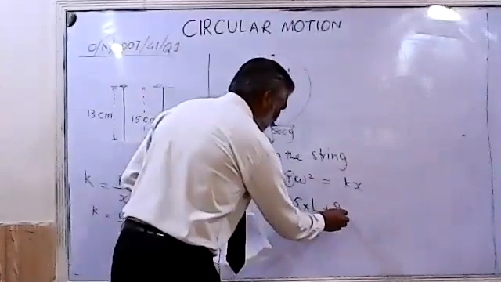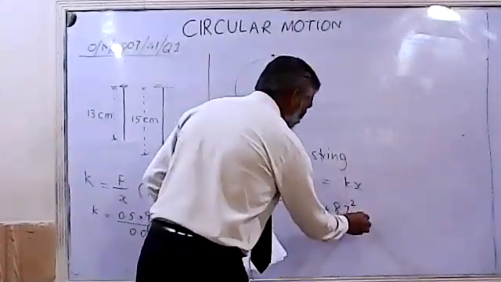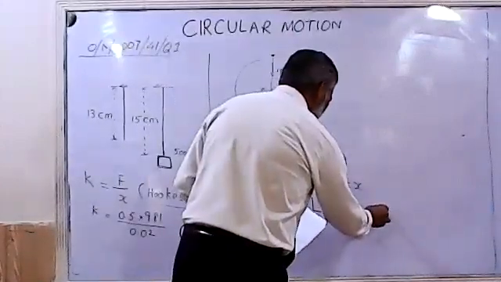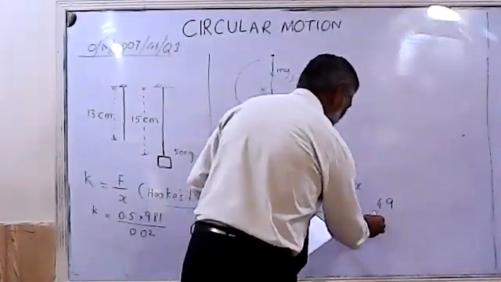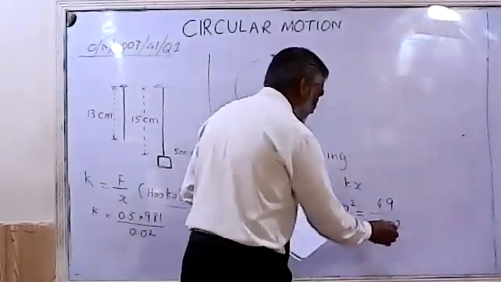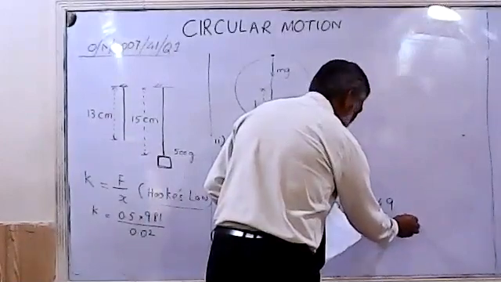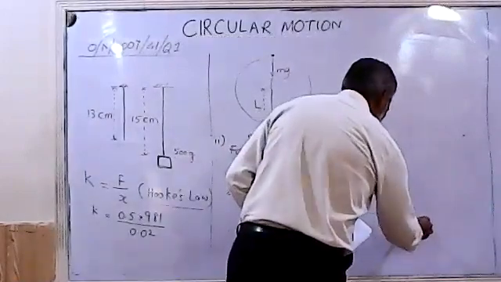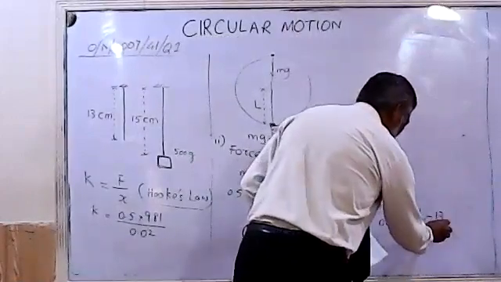It was 8.7 radian per second squared, and this all should be equal to the value of K, which was mg, which is 4.9 divided by the extension produced 0.02, times the total extension L minus 13